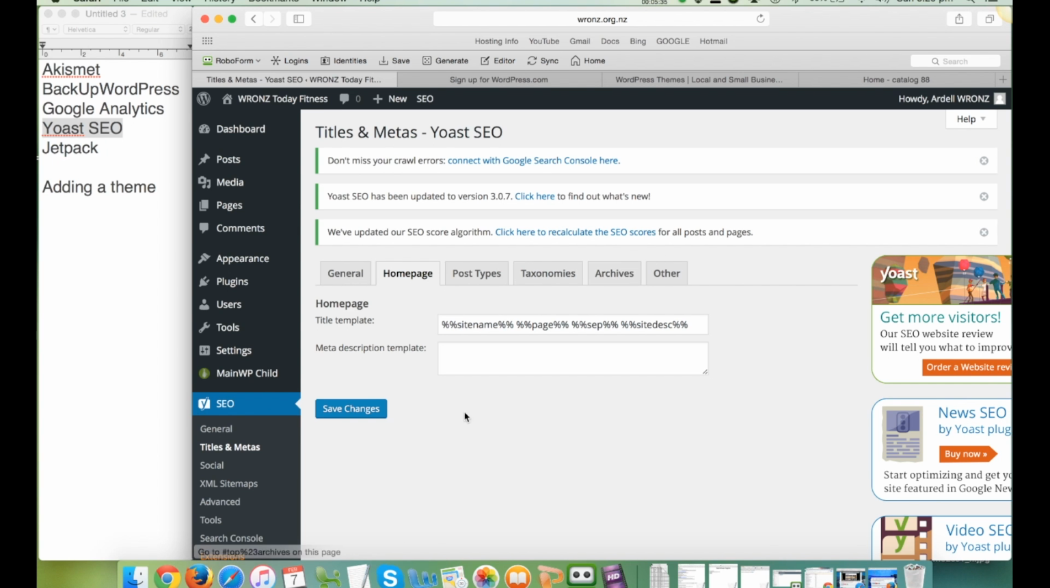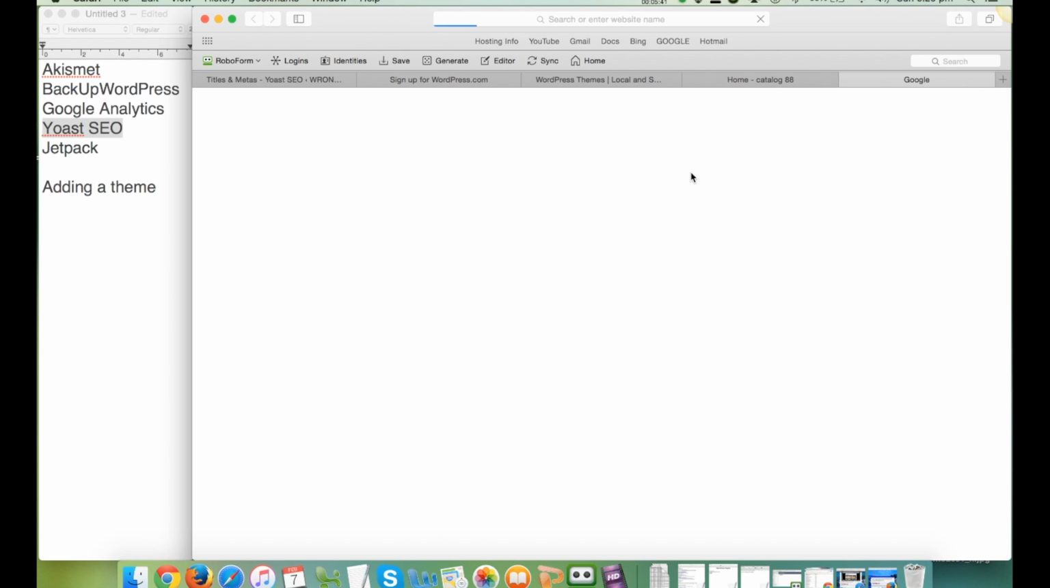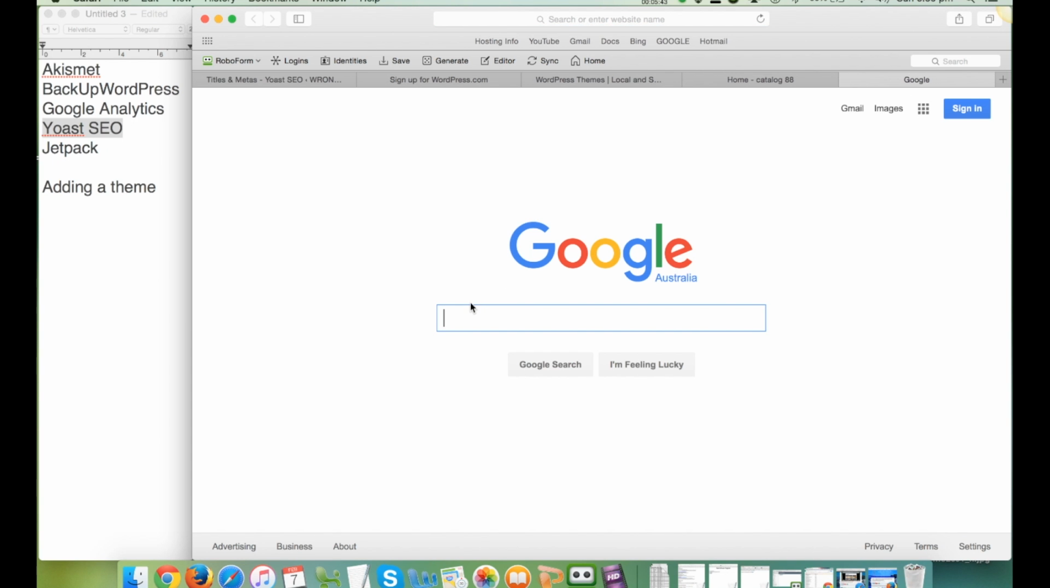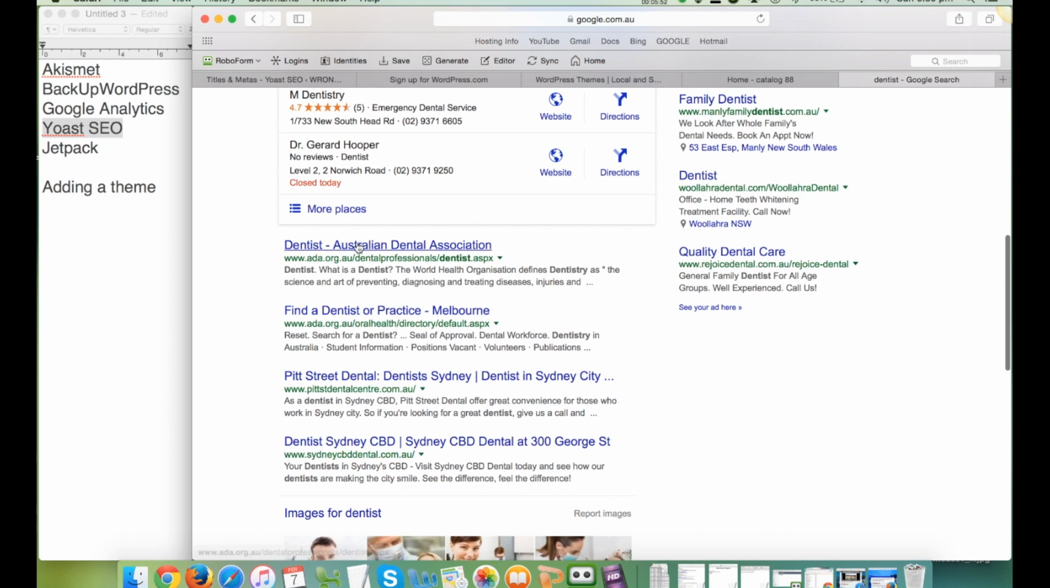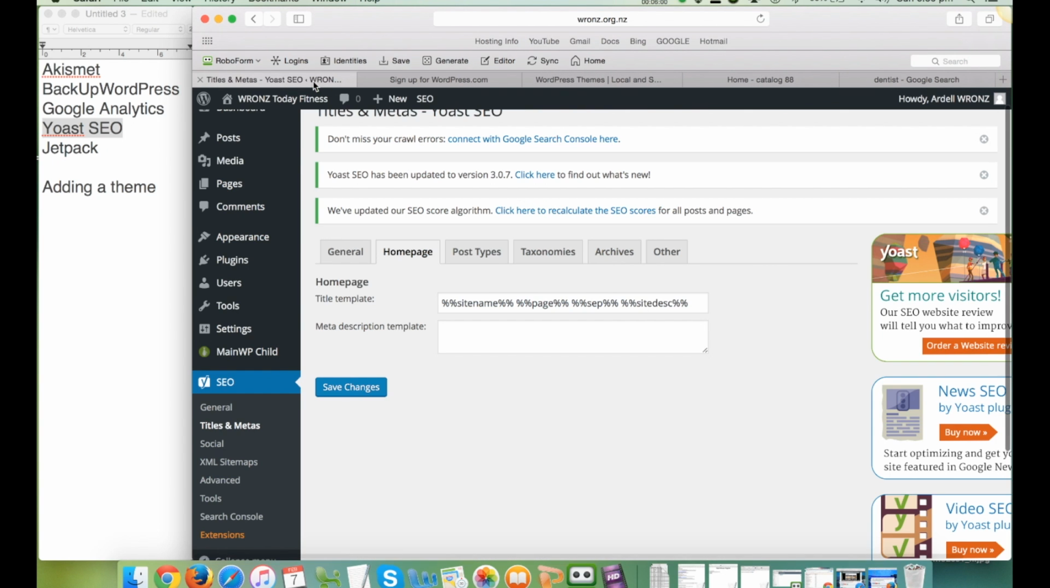So for the title tag, for those that you don't know, if you go to Google and just search for something, the title is this one here that shows up on Google, that blue one. By going in here we can tell our site what we want to display, and usually what I'll do is I'll just keep the site name in there with the two percentages after, and then I'll delete everything else after that. So I'll just keep a nice clean title tag,